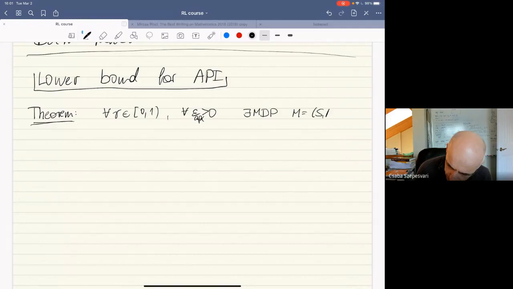It's not even a big MDP. It's a finite MDP, such that